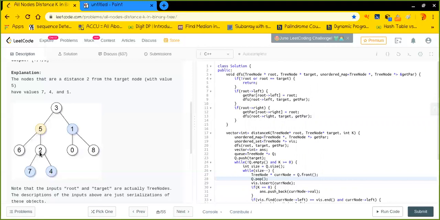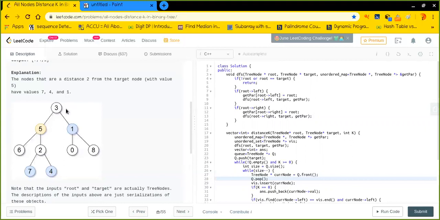But it is difficult to move upward because there is no reference to the top parent. For example, I just want to move to 3, but I do not have any reference to 3. So in that case, I need a mapping which will tell me that 3 is your parent. In this way, I can move to 3.